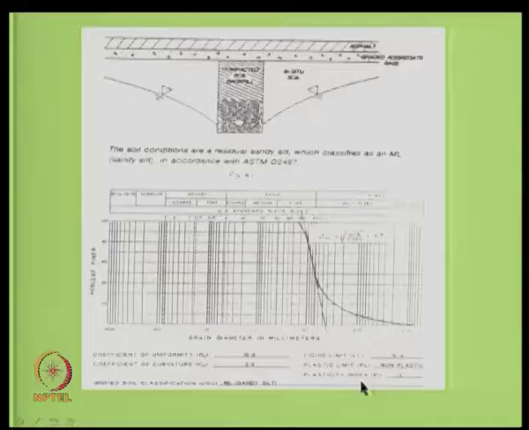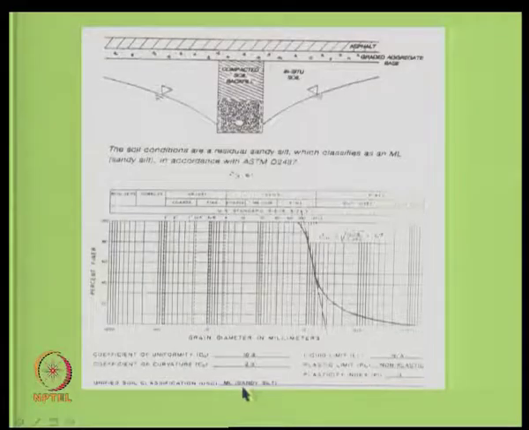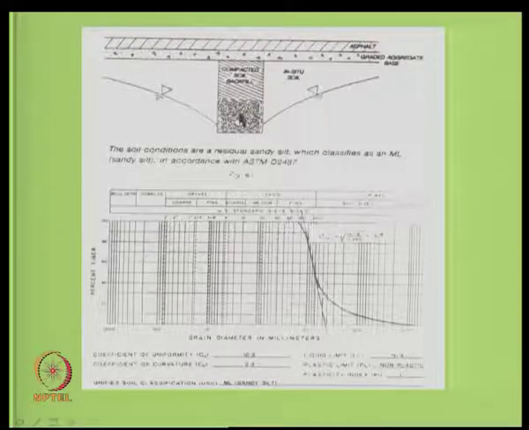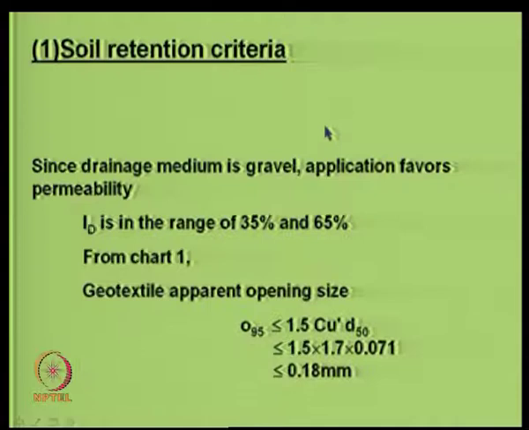So, okay. The liquid limit is not there, it is a non-plastic soil, and PI is 0, right, and it is a sandy silt. So, definitely we know that sandy silts easily get into the gravel, right. If there is a water table like this and you assume that there is a sand material, they enter into this. So, finally, it may not be efficient. So, how do you do the design here is what we will see.